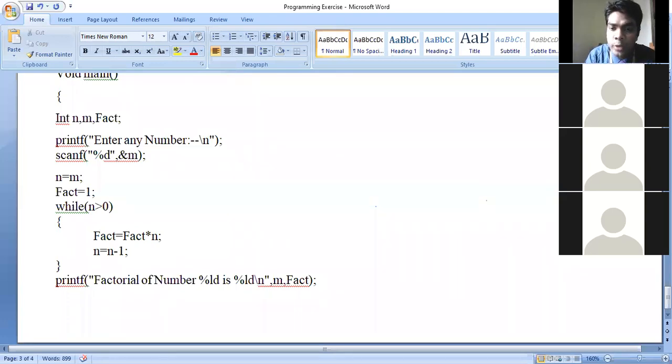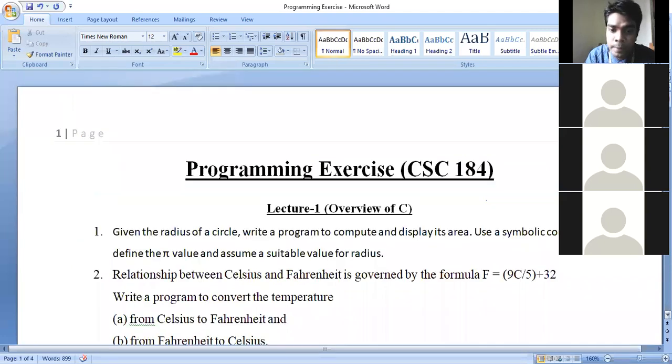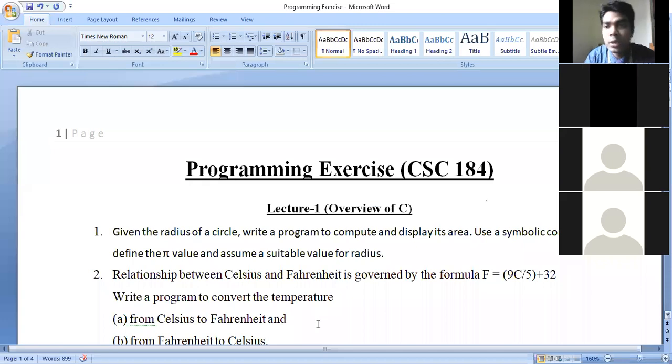So I'm going to upload this document in our Facebook messenger group, so you will get it there. From my side, that's all about your lab instruction. I'm going to take another meeting on our examination procedure, when I'm going to take your lab examination and what will be the procedure for it, as well as discuss about the theoretical course CSE 183, how we are going to conduct that session.